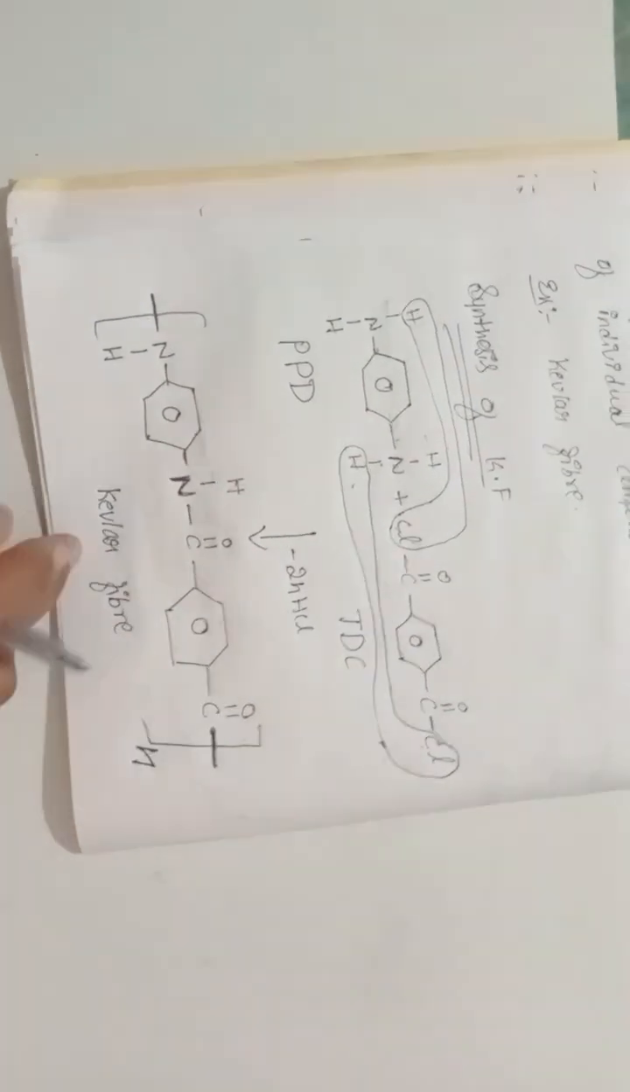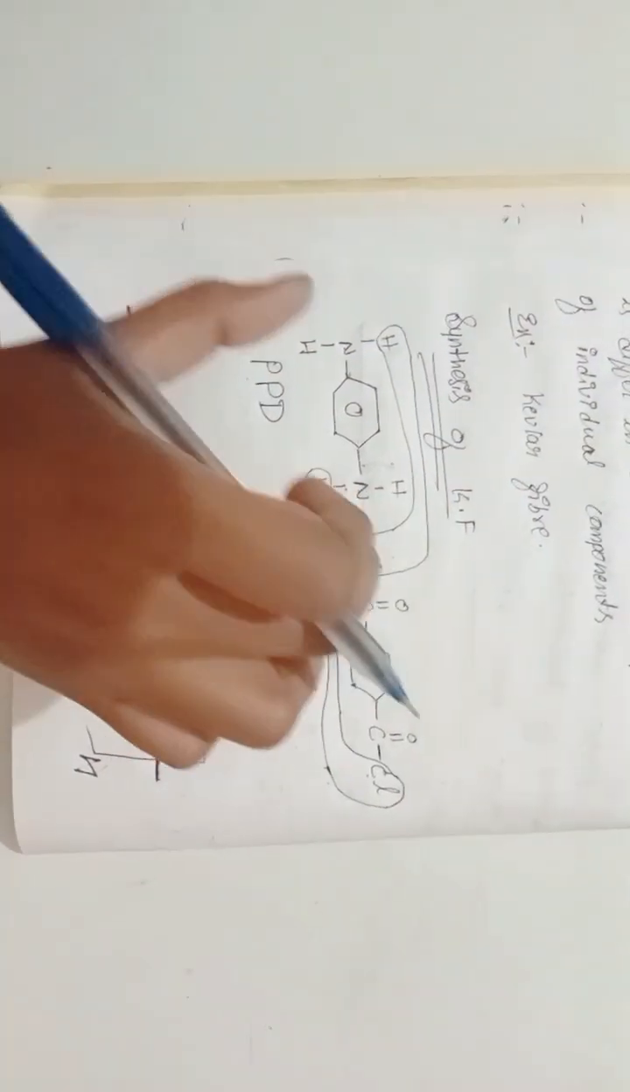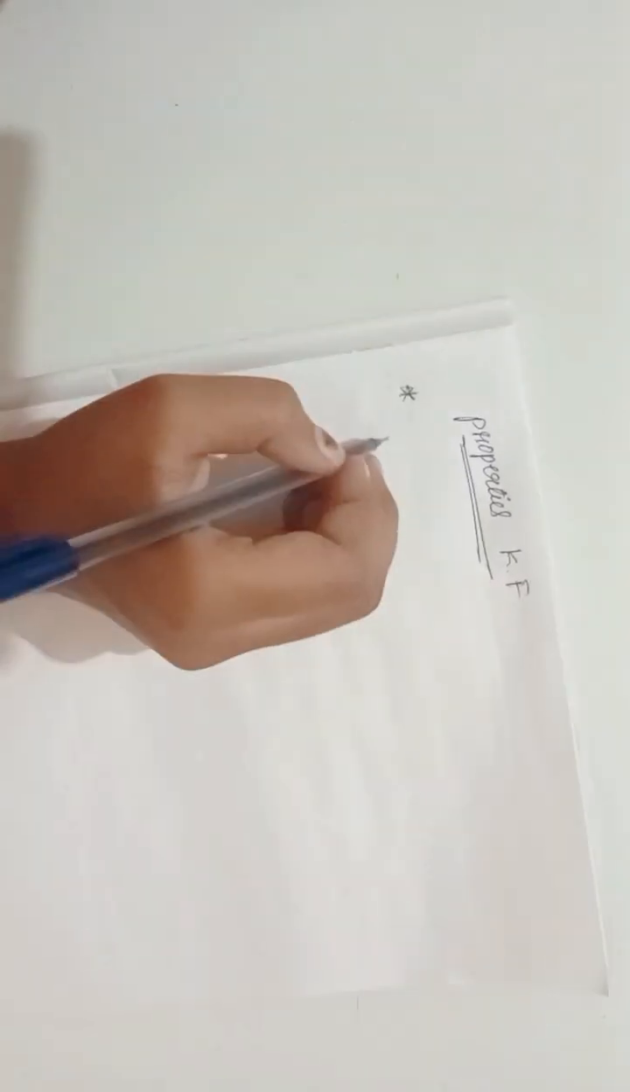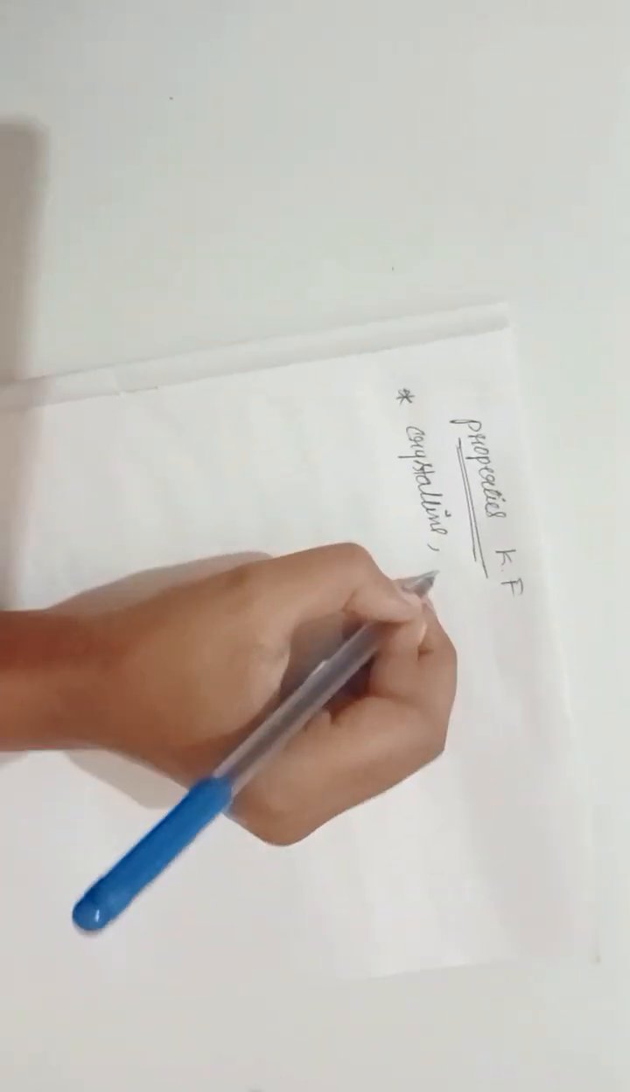So this is what we can consider for polymer composites. So this is what we can define as polymer composites, and this is what we can write for the synthesis of Kevlar fibers. Now let us see how we can write the properties of Kevlar fiber. What are the properties of Kevlar fiber now? So the first point of properties of Kevlar fiber is it is a crystalline molecule, and it is a lightweight molecule,